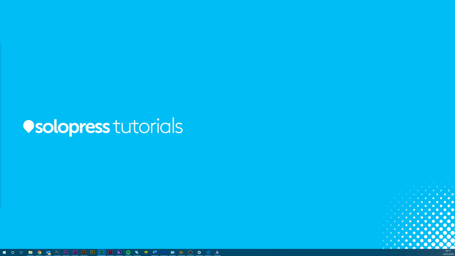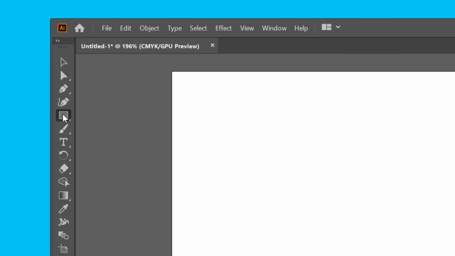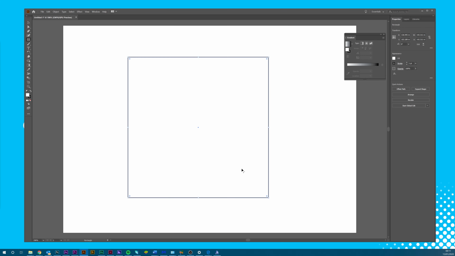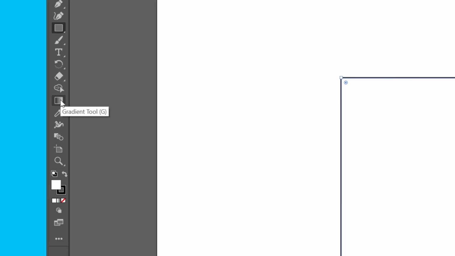It's a simple process, and we'll first start off with making a shape in our Illustrator file. Just as an example, I'll be making a shape using the rectangle tool, holding the Shift key as I draw it. Go to the gradient panel on the left-hand side of the screen and click to select. I'll then click on the box, and Illustrator should have created a smooth black to white gradient.